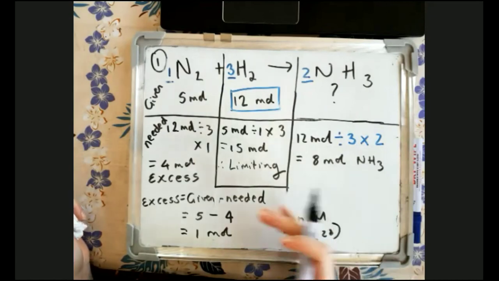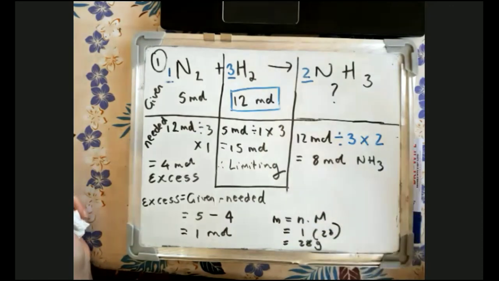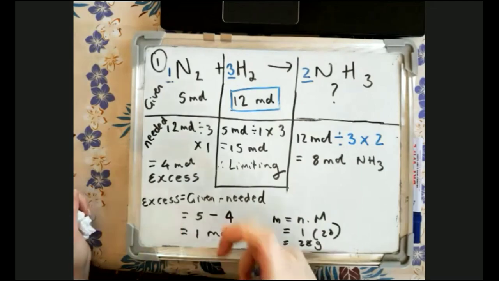So when this reaction is finished, you'll have 8 moles of NH3, which is however many grams, plus you'll also have this in the container, the excess amount. Okay, and obviously just the extra, not all of it. Some of it's going to go to waste. The 4 moles is